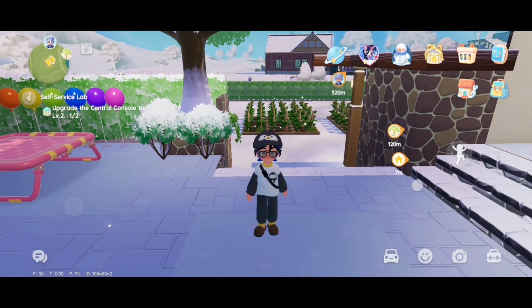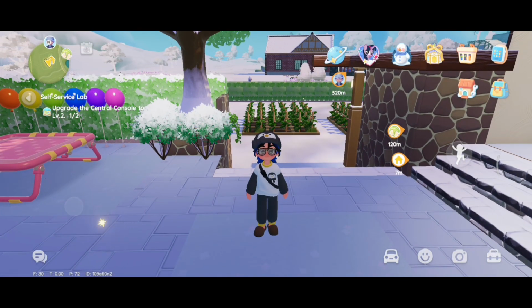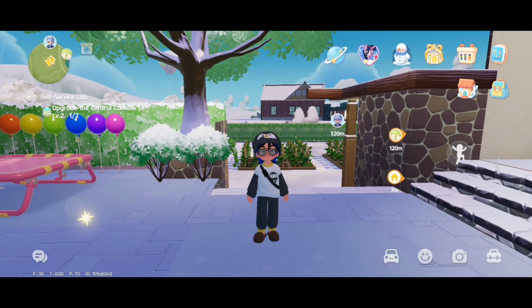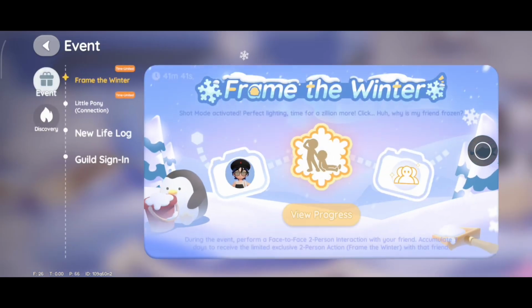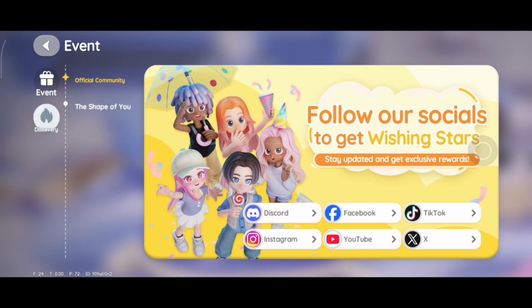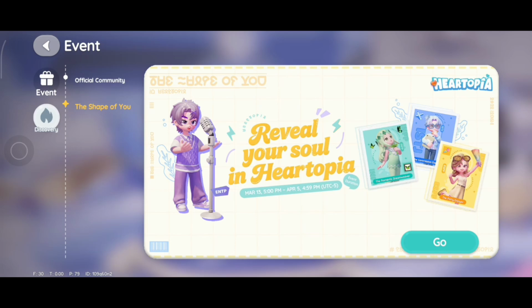In this tutorial, I will show you how to take the MBTI personality test in Heartopia. In this latest Heartopia update, there's a new event called Shape of You, where you can take an MBTI personality test in the game. First, just tap on the globe icon on your screen,